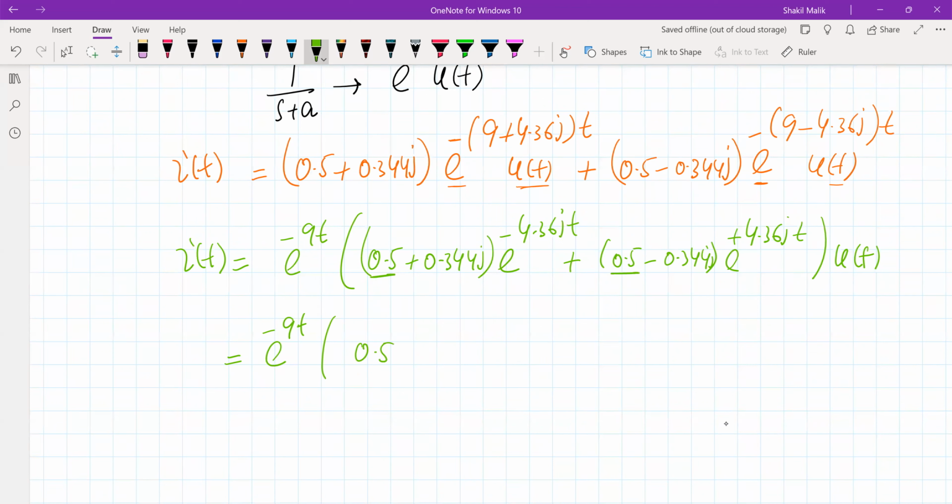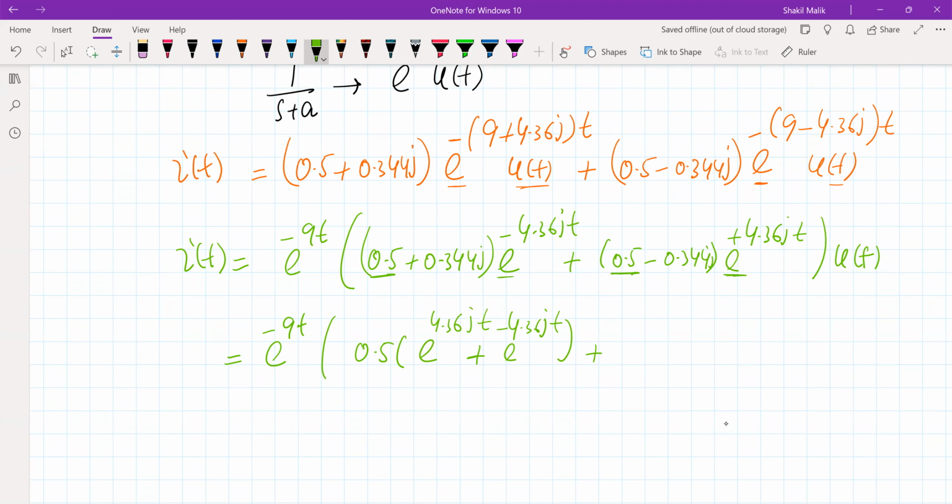So it will be 0.5 e to the power of, so this is minus, this is plus. So I will write the plus term first, this term first, 4.36j t, sorry, this is plus. Yes, so it is e to the power of minus 4.36j. So I wrote this term first, this term. Okay, then I wrote this one